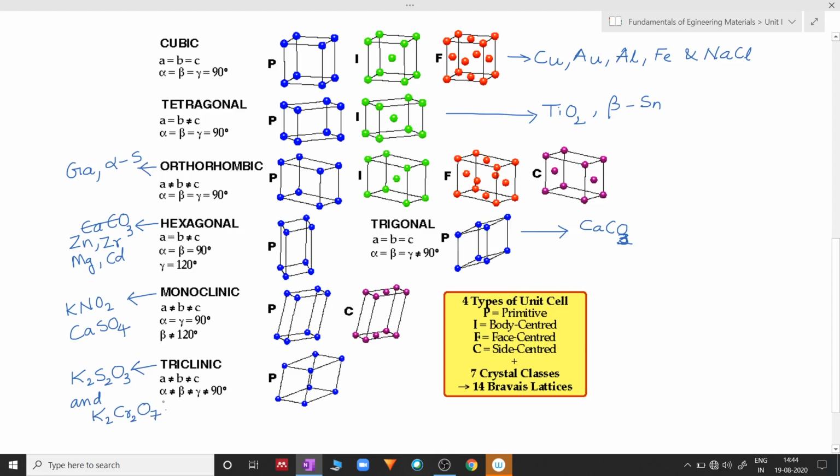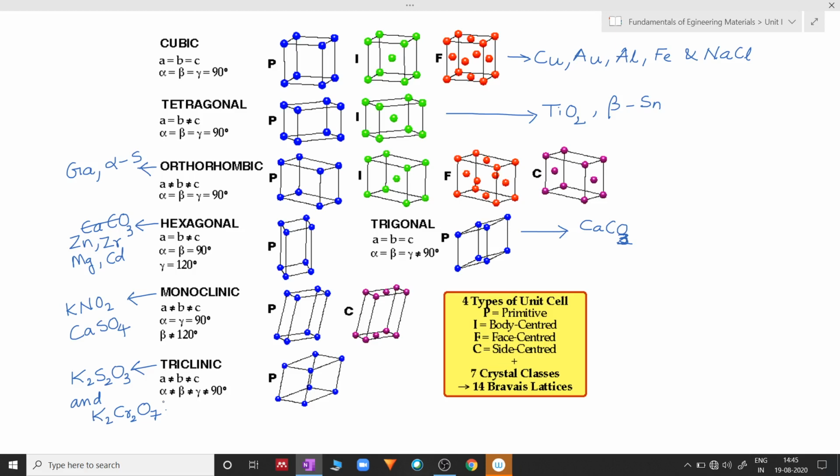Okay. Now, as we have discussed from the starting of this course, in the microstructure we will find grains, and within the grains we can see the atoms arranged properly, and those arrangements are classified into these 7 crystal systems. Now it means there are unit cells present in the grains, right?